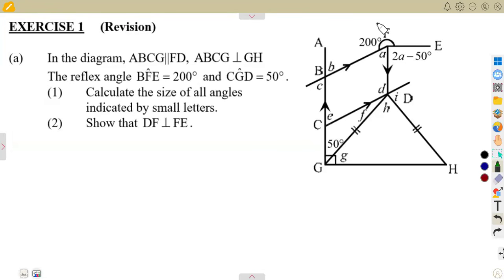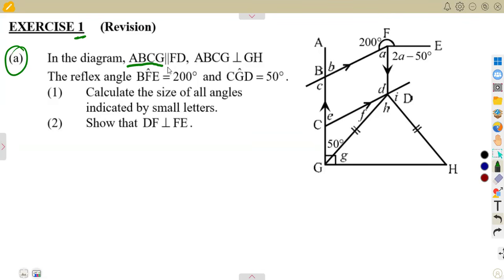So this is a continuation from the previous case that we had, the introduction, where we talked about all the theorems, the properties of your shapes, the properties of parallel lines. So on this exercise, which is exercise 1, we are given in the diagram